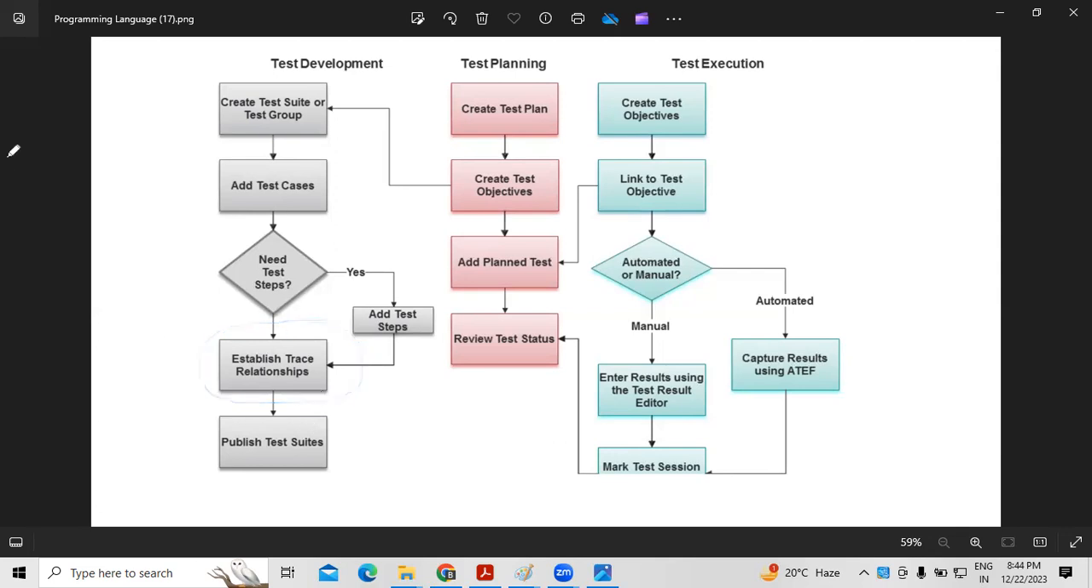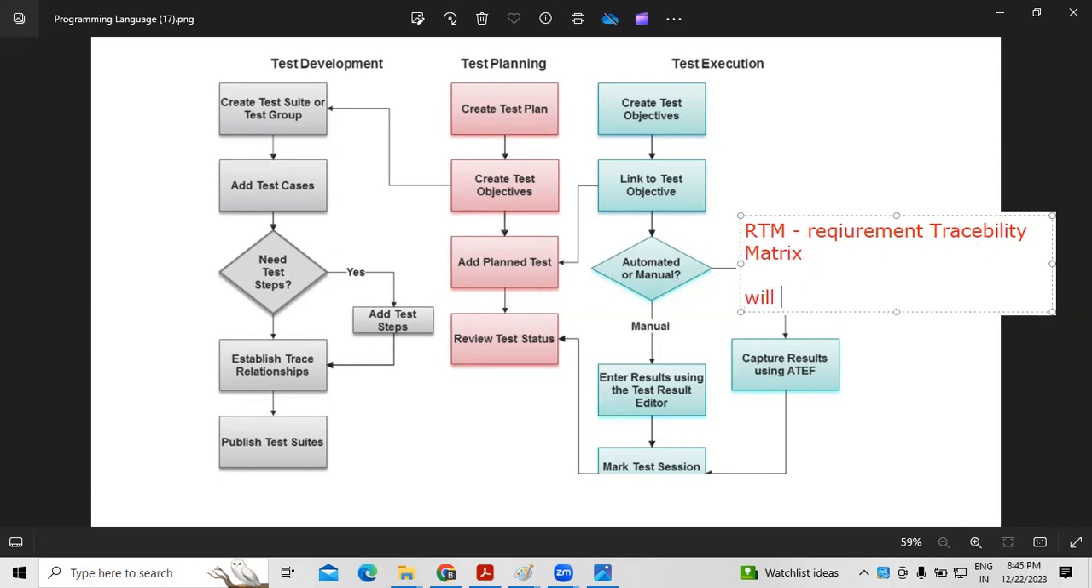This is what we generally call RTM. What does RTM stand for? RTM stands for Requirement Traceability Matrix. If you remember, when I explained requirement lifecycle management, I explained this concept at a high level. So this requirement traceability matrix will help us understand